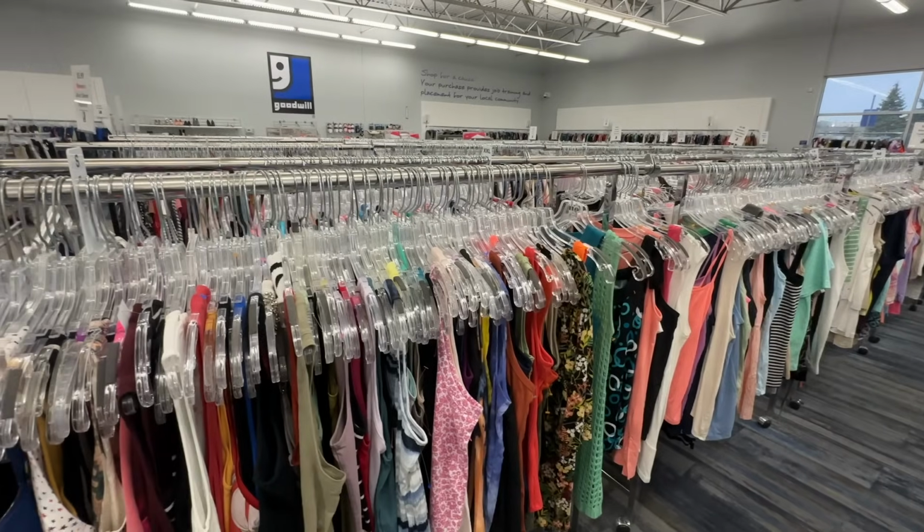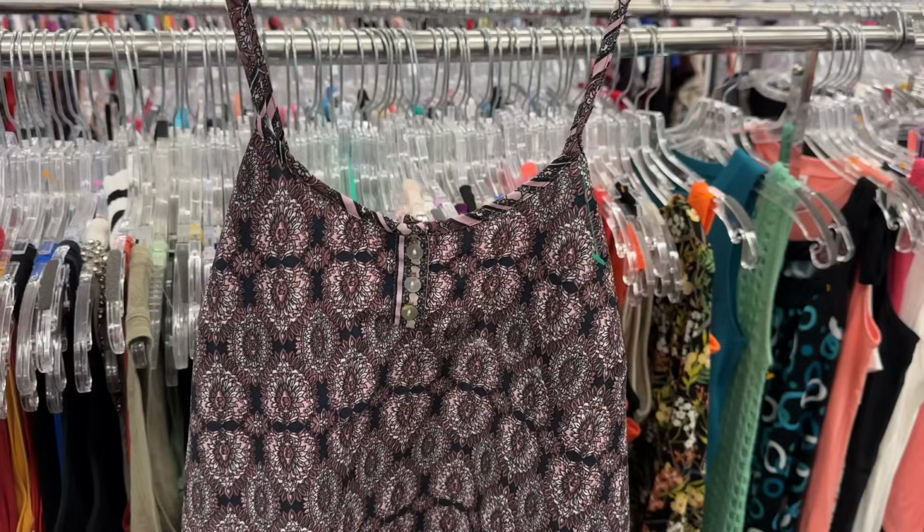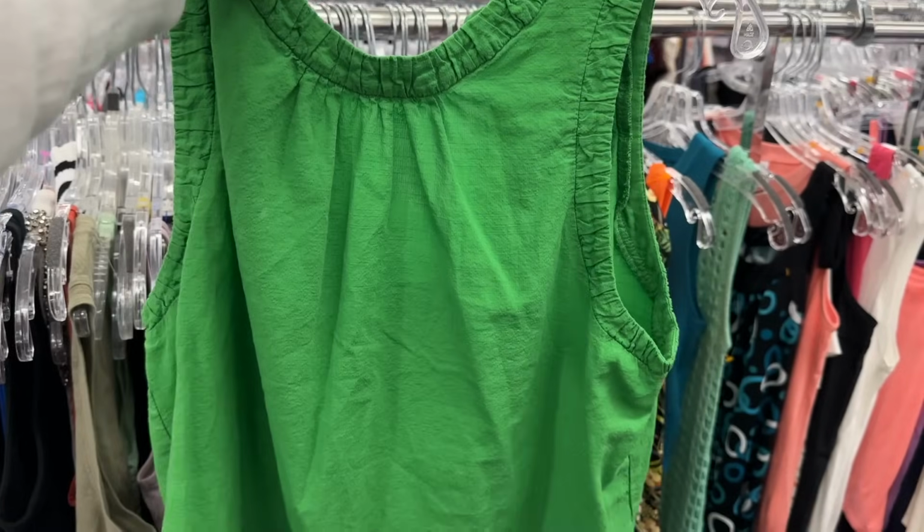After looking through a lot of this next row, I did grab 2 different options. The first is this little floral tank, just because I do think it'll fit nice. And then next is this green one. I think the color's kind of fun, and I think this one will fit nice as well. Now I did find a few options to try on, but before I look through the rest of the shirts,